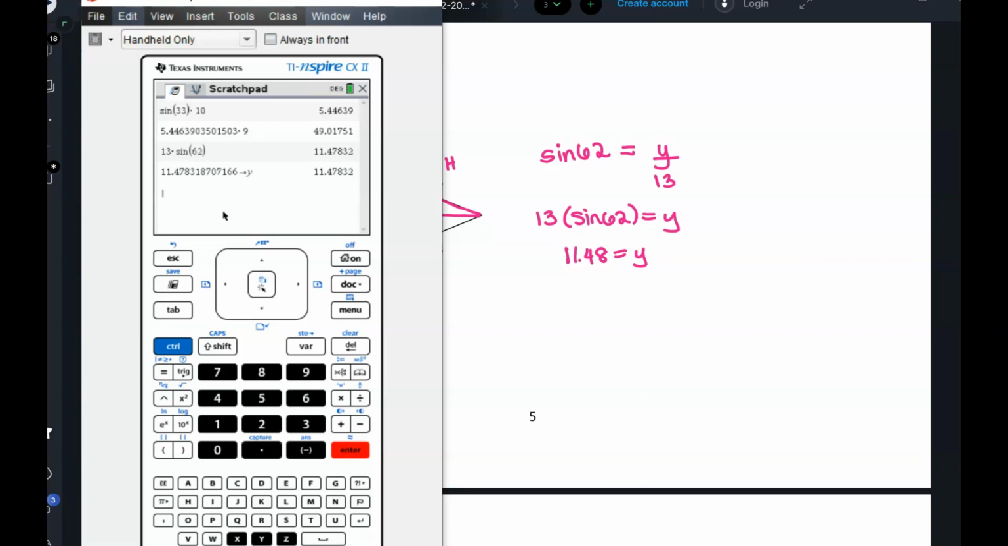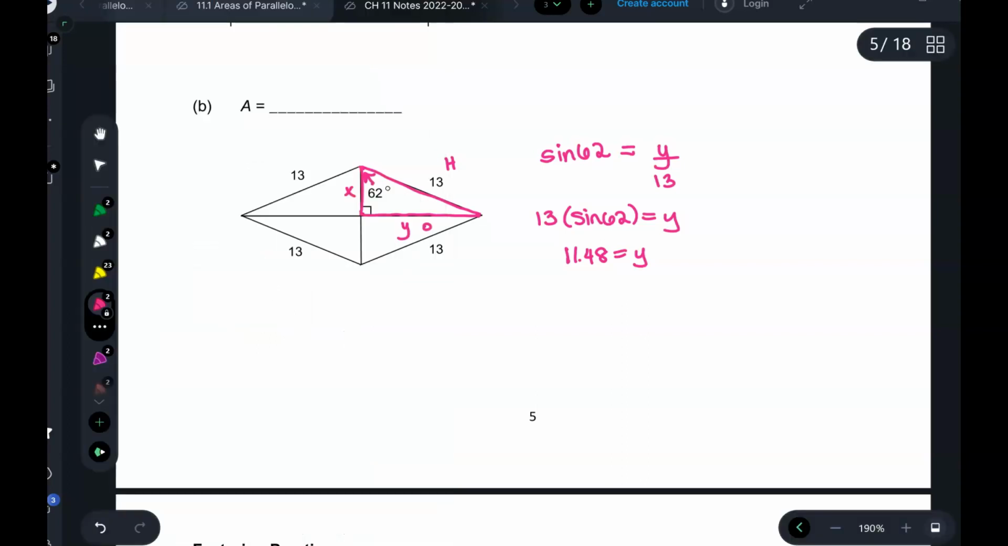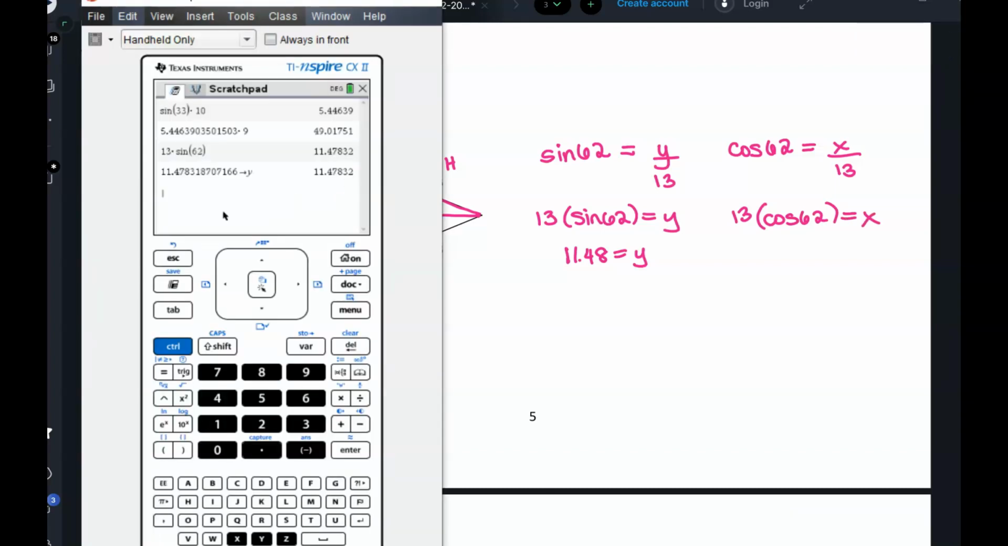You can pick any letters. You can make them A and B. Wait, why did we do Y? I just picked a letter. Can I change it? Right now I'm going to do cosine of 62 equals. A variable is not defined until you give it a value. So now if I do 13 and then cosine of 62, I get